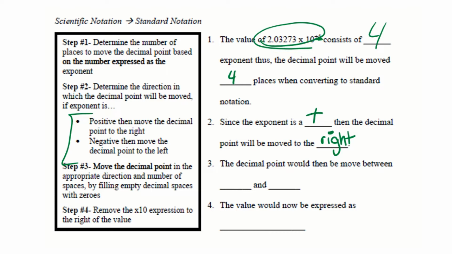Now, step 3, move the decimal point in the appropriate direction and the number of spaces by filling empty decimal spaces with zeros. So in this case, I am going to move this decimal 4 times to the right. 1, 2, 3, 4, which ends up being between 7 and 3. Now the value itself is going to read with that new decimal place and by me removing the times 10 expression. So in other words, my value in standard notation is read as